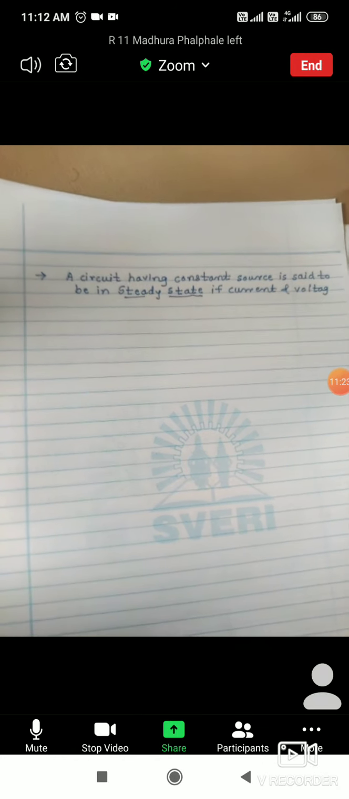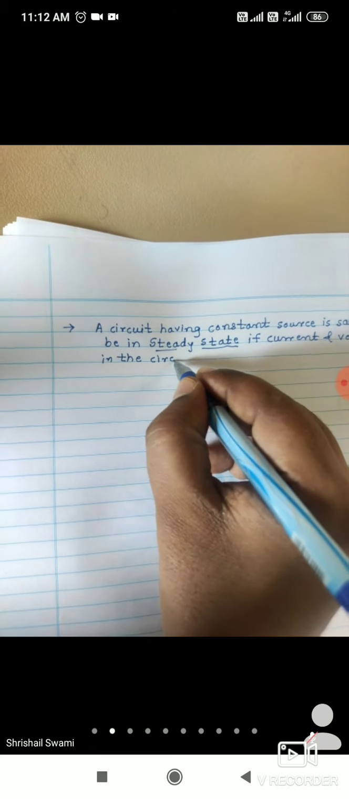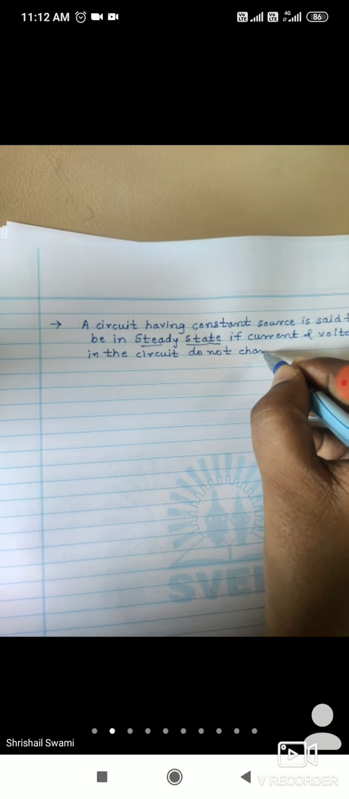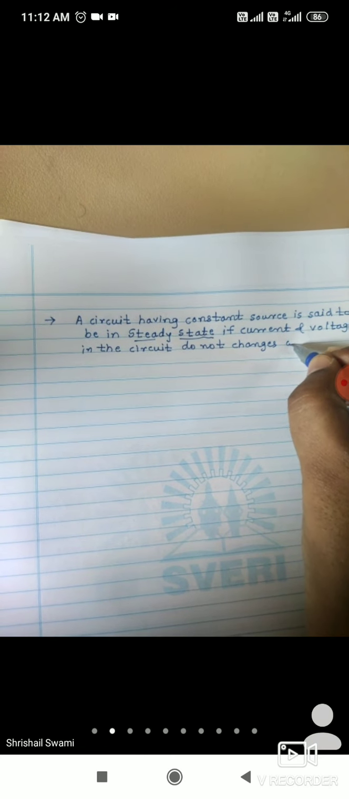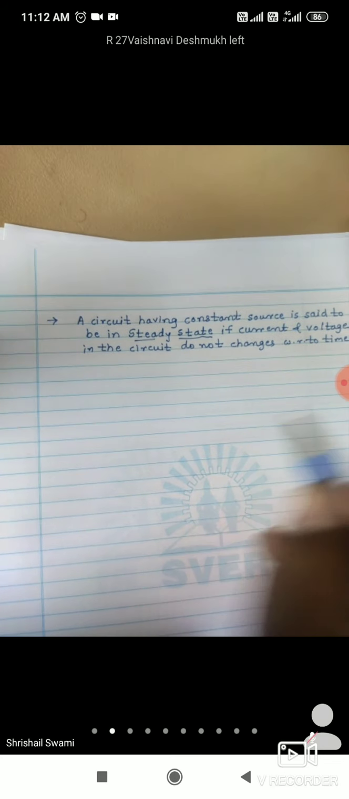So a circuit having a constant source is said to be in steady state if current and voltages in the circuit do not change with respect to time. So that is called steady state. Okay. Now next one,